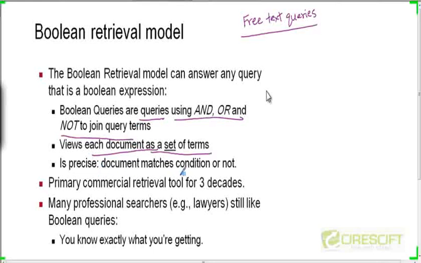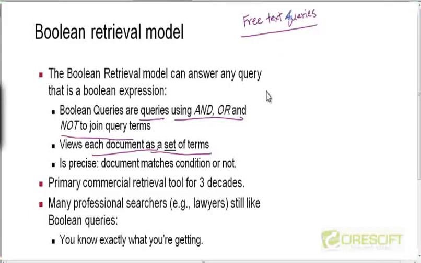It's because the document matched or satisfied the Boolean query. If it satisfies the Boolean query, it's going to be in the result. If it doesn't, it's not going to be in the result. There is no gradation. You don't say that this document matches this query better than this other document. Either a document matches the query or it doesn't.